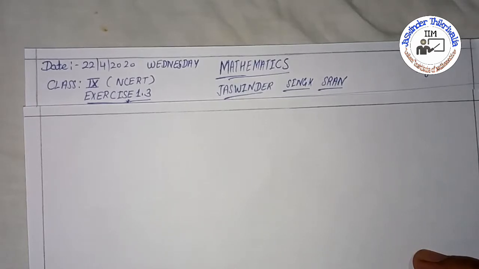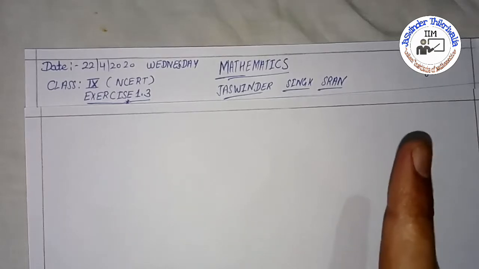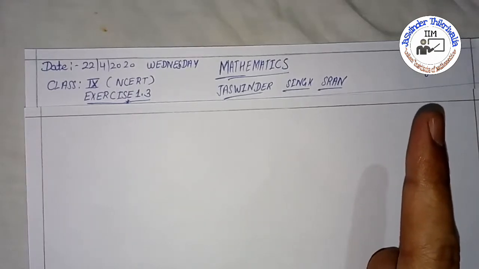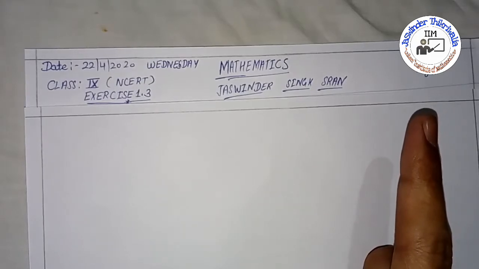In my previous video you have seen what real numbers are and how many types of real numbers there are, and we discussed that real numbers are of two types. The first one is rational numbers. I have given the link of my previous video in this icon. You can click on that and find out about rational numbers and their problems.